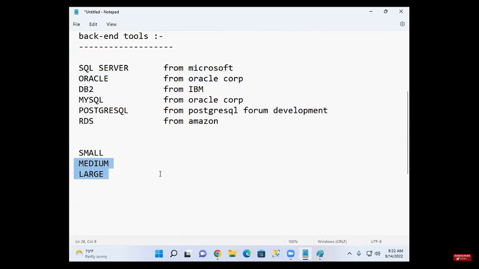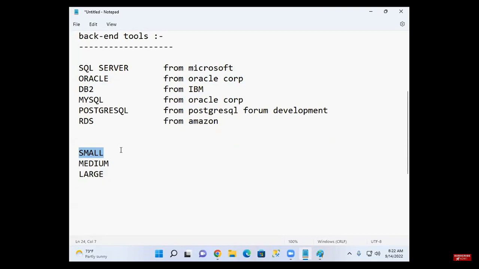They are used by medium and large scale companies. Small scale industries don't use SQL Server and Oracle. Why? Because they don't need a database with advanced features. They need a database with basic features.